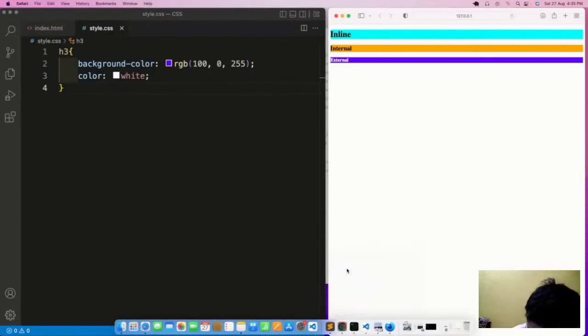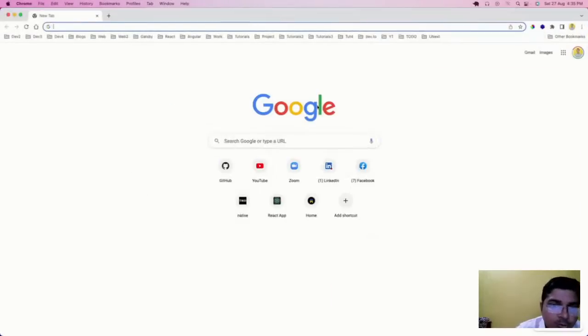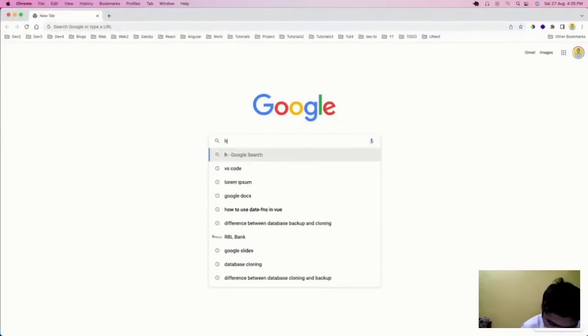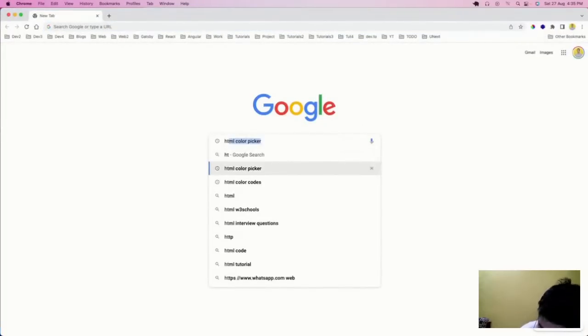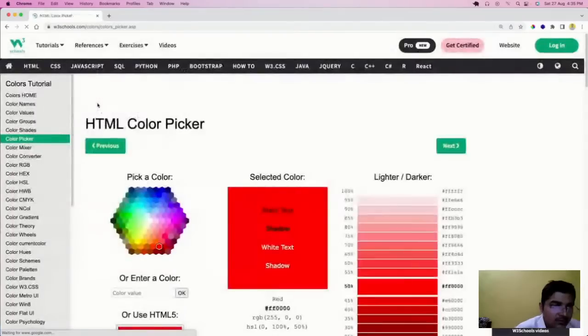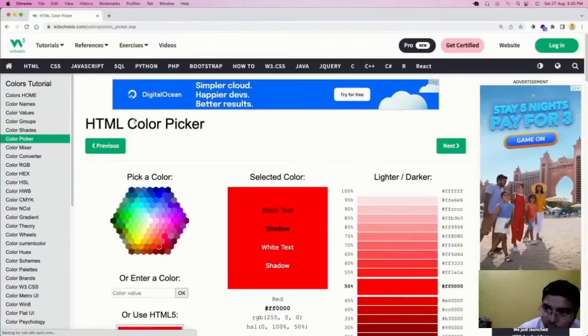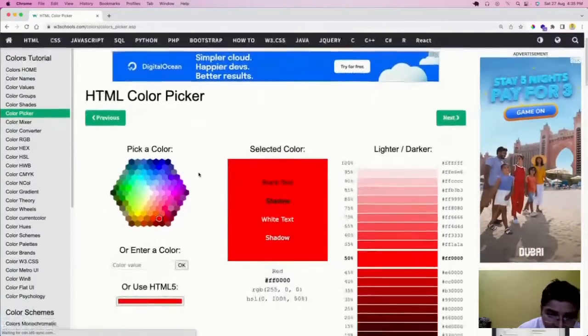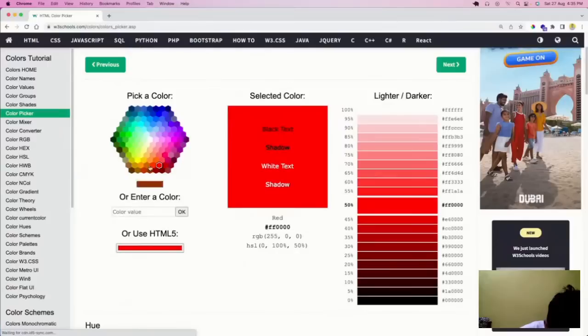So for this, let us view some sites which help you pick the colors of your choice. There is a web page called HTML color picker which will help you actually pick the color of your choice. See,